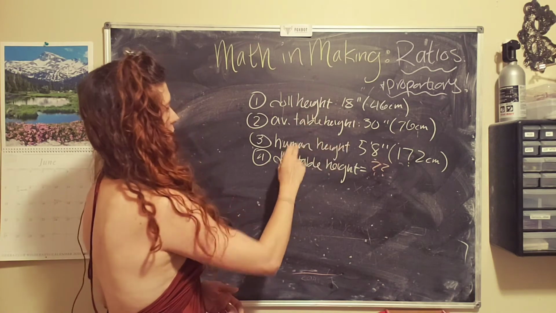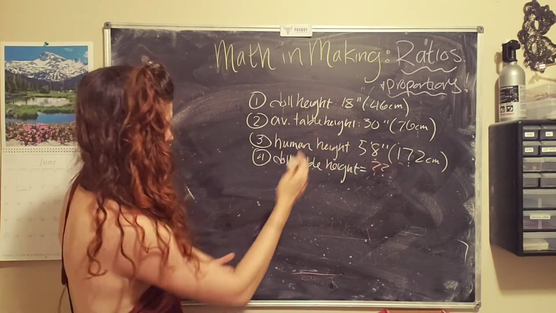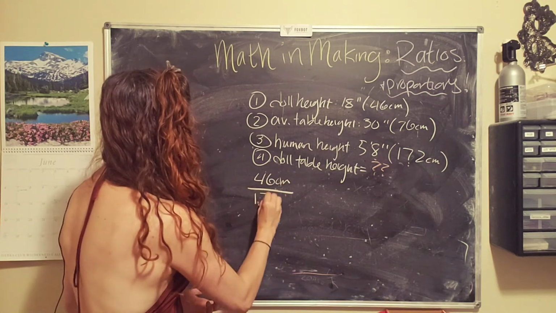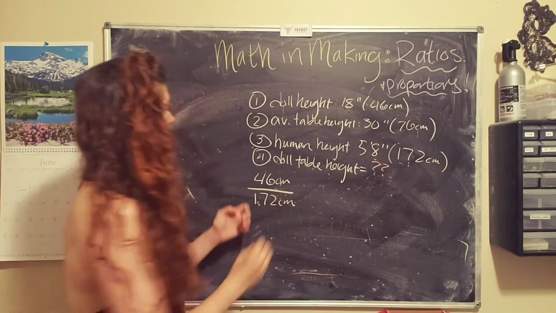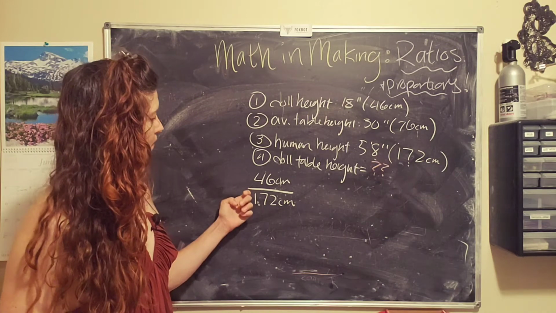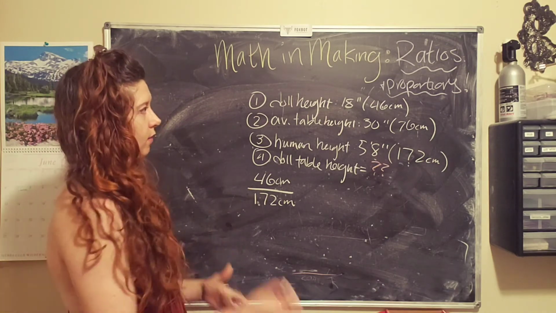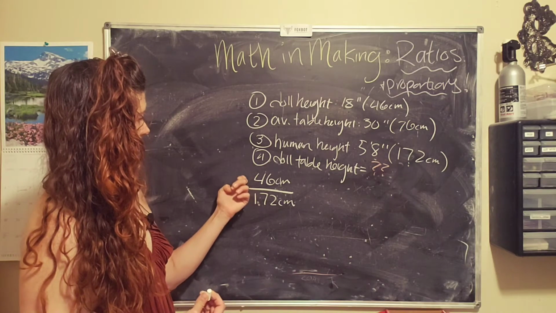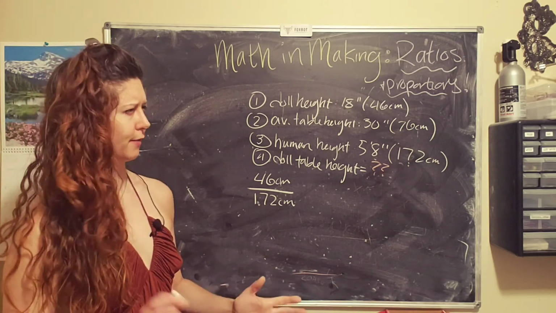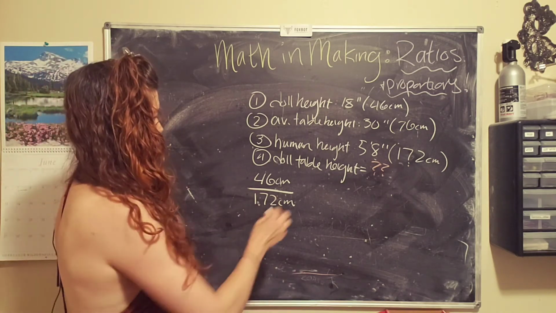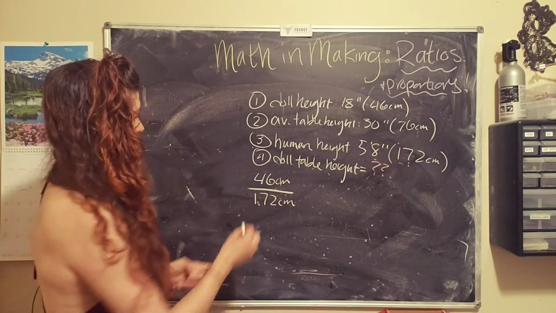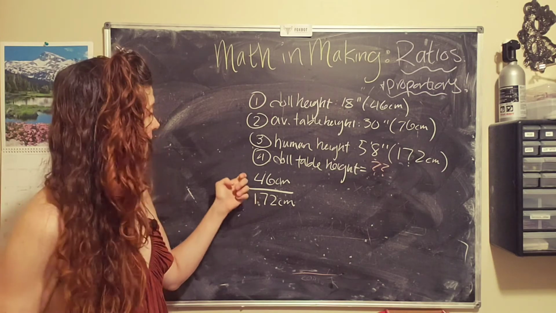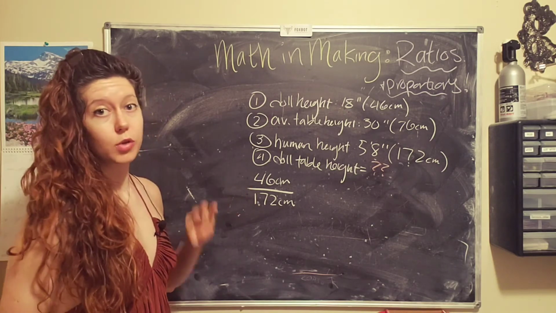The ratio of the doll height to the human height is 46 centimeters divided by 172 centimeters. Basically, we want to figure out what is the fraction of the doll's height to my height. That's kind of a weird way to say this, but this is the ratio. So the doll's height is on top, my height is on bottom, and that tells me how those two heights